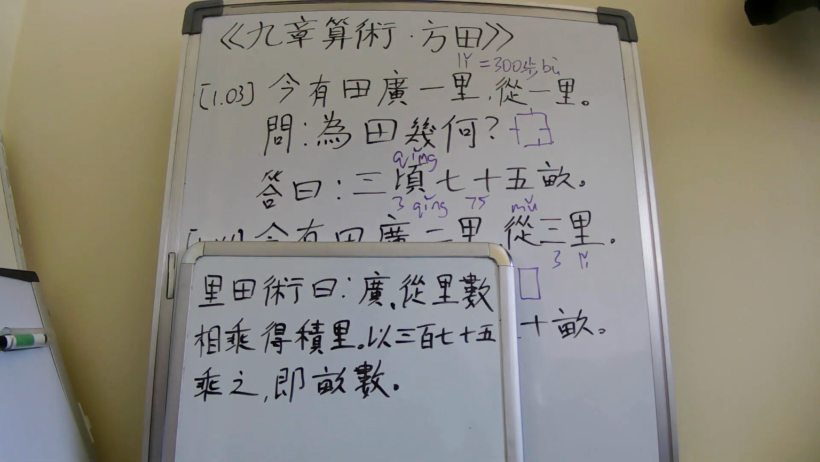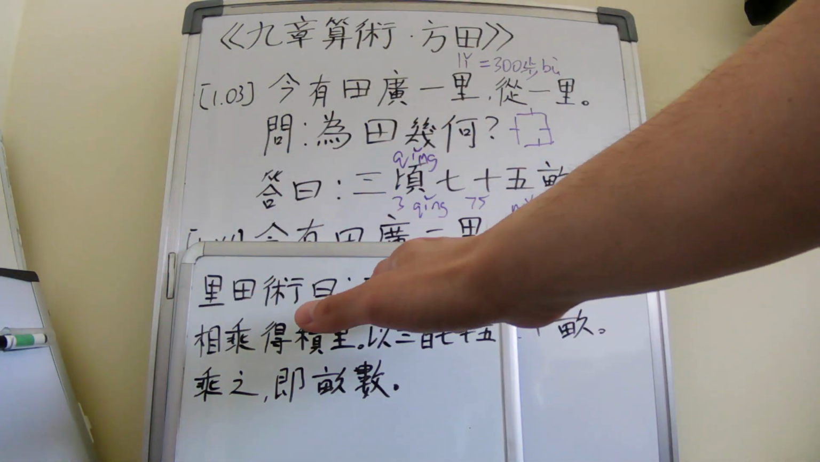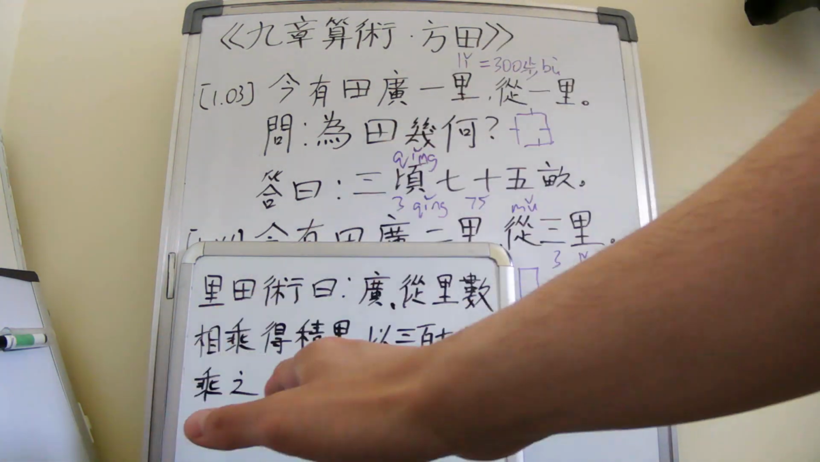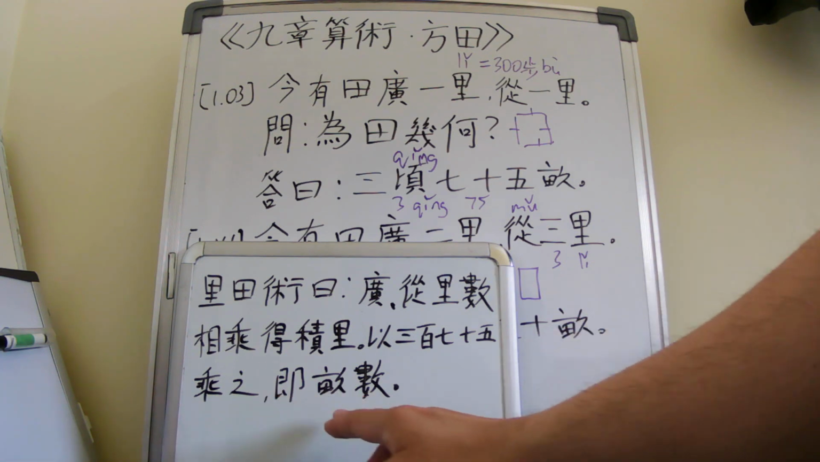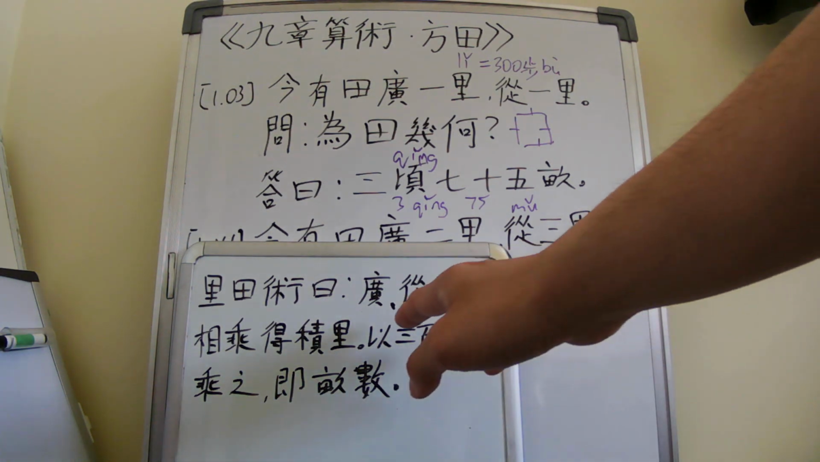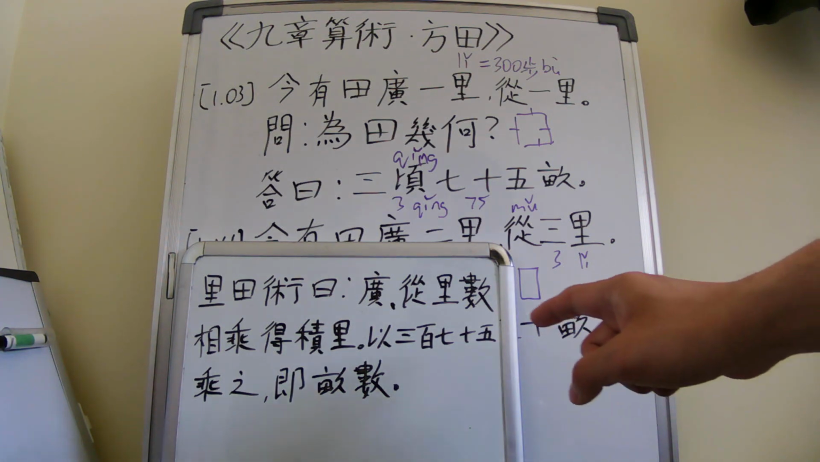They call it the 里田术. So 里田术 means the method of calculating the area of rectangular fields, it's assumed to be rectangular, with the units li instead of bu. So 里田术曰, that's what it says. 里田术曰, 广中里数相乘得积里，以375乘之，即母数. So what this translates to is that the method of calculating rectangular fields with li as the measurement for the side lengths,